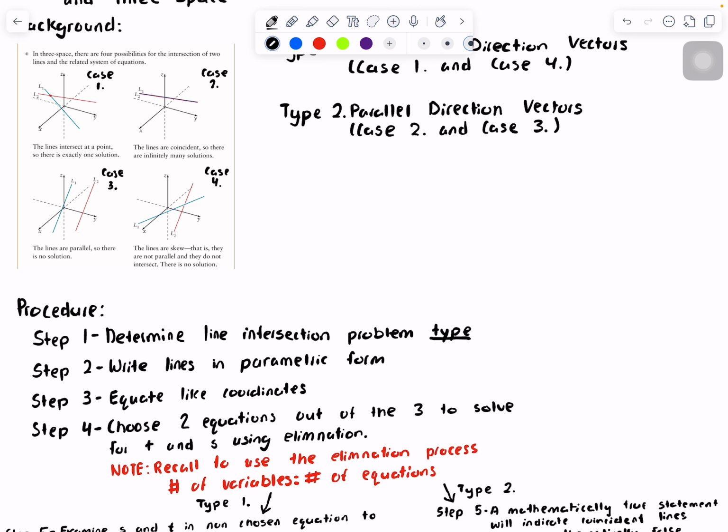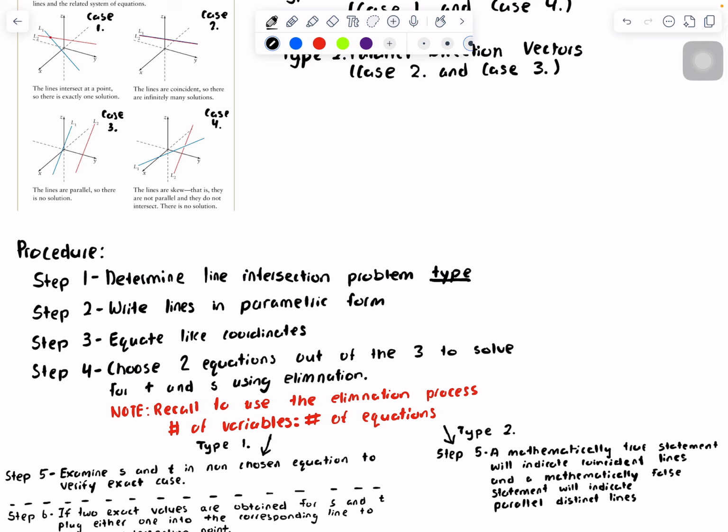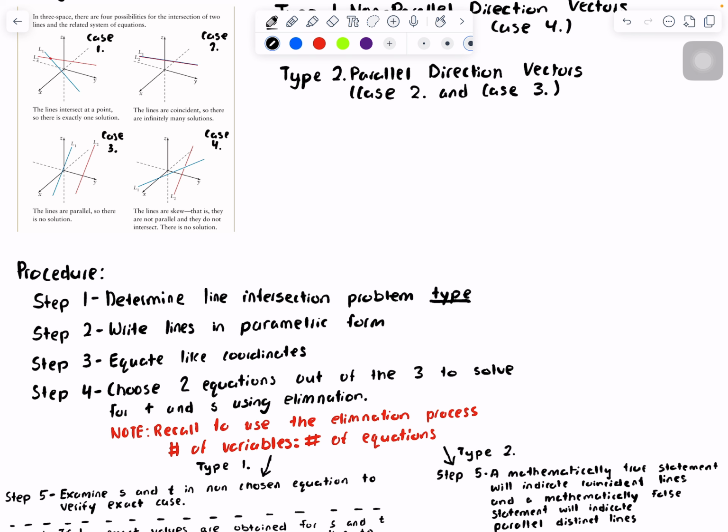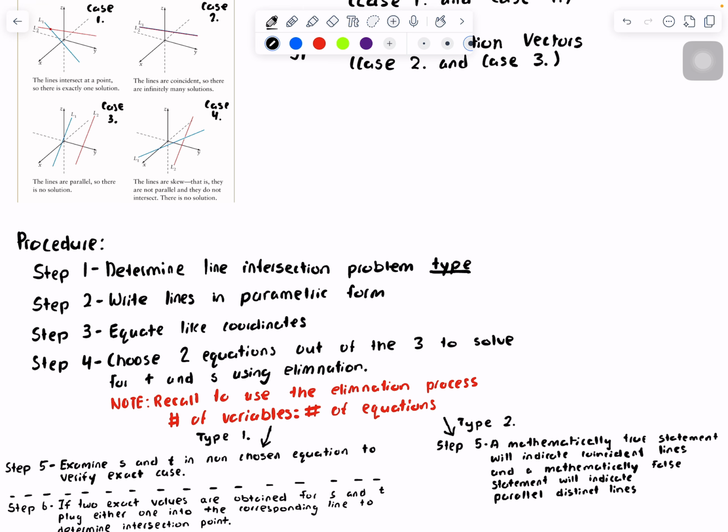All of these problems also have a quite general procedure that you can go through. So I outlined that here as well. In step 1, we determine the line intersection problem type. So we're just determining if it's type 1 or type 2, non-parallel or parallel direction vectors. Step 2 entails writing the lines in parametric form. Step 3 involves equating the like coordinates when written in parametric form. Step 4, now we have 3 equations